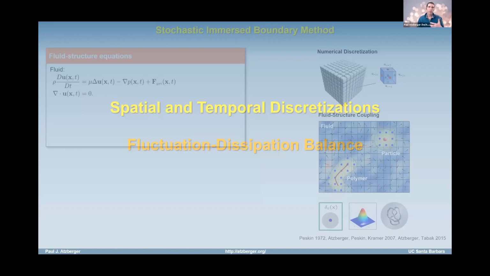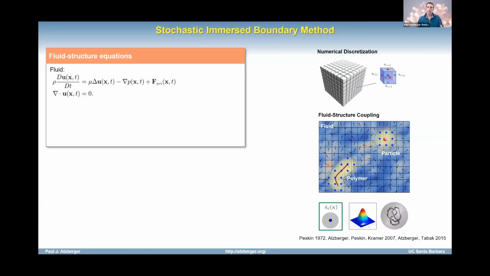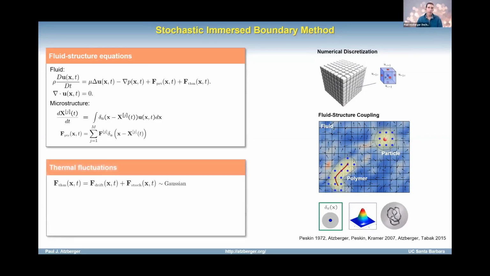So if we go to that regime where we've eliminated now the momentum of the microstructures, we reach this area that's closely related to our original formulation of the stochastic immersed boundary method. And so the idea is, again, we can leverage fluctuation dissipation ideas to obtain these flow equations. Okay, so then if you work out what the thermal forcing is, the thermal forcing is going to be given by